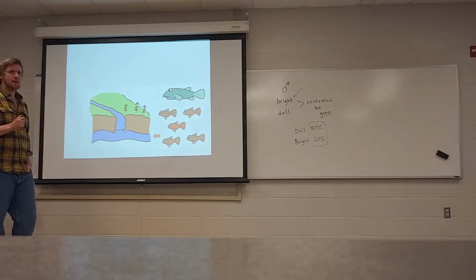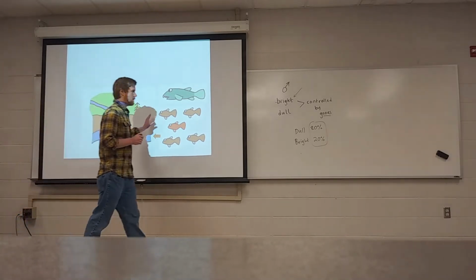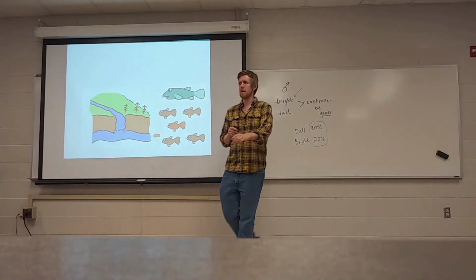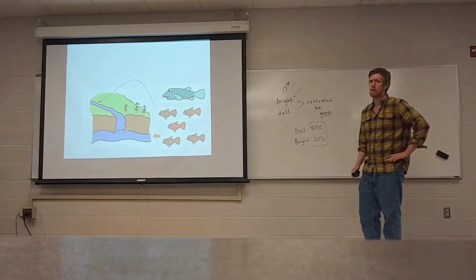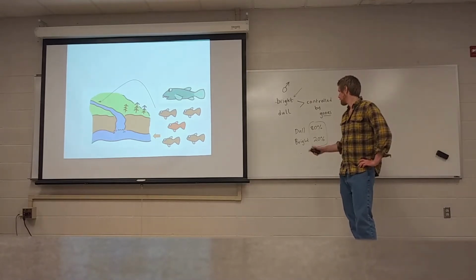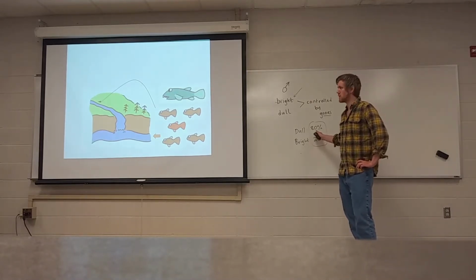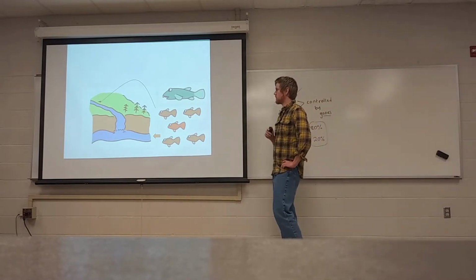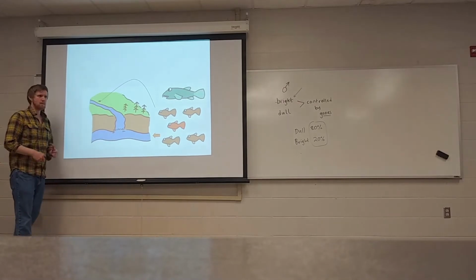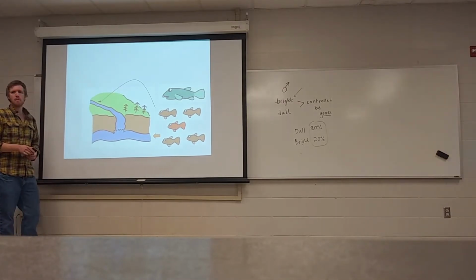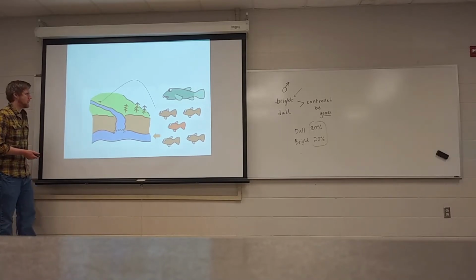So what scientists did is they thought, hey, if we take a small section of this population down here and move it up into the stream where there are no predatory fish, I bet we're going to see the gene frequencies change and shift toward the bright coloration, because up here, the only thing that will be guiding the coloration of the males will be the female mate choice. And we already know that they will prefer the brighter colored males.